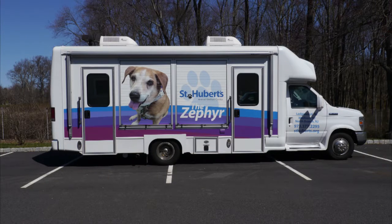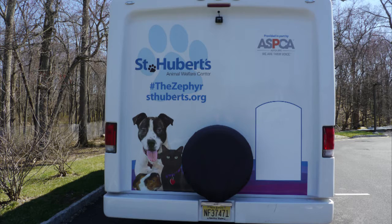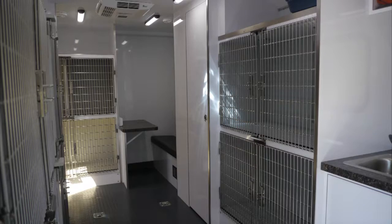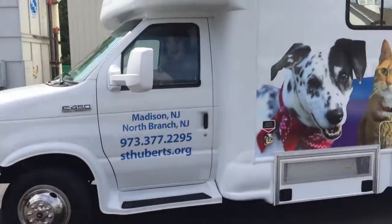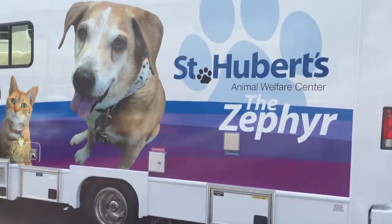The Zephyr is a 26-foot custom vehicle made specifically with animal welfare in mind. We have wanted to have a better way of transporting animals from overcrowded areas or crisis to St. Hubert's for years. The Zephyr is so important to our mission at St. Hubert's